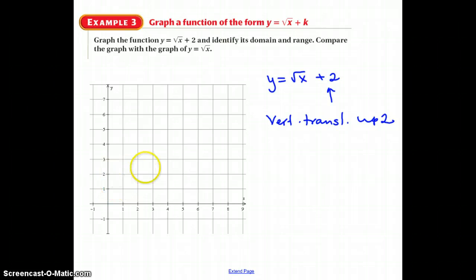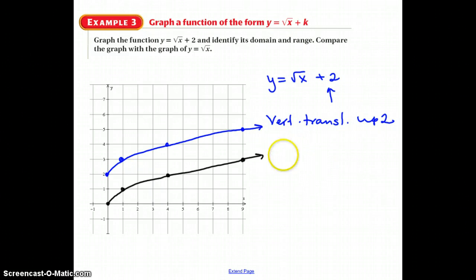So we're going to take our parent graph and we're going to graph it. And then we're going to translate all our points up 2. So all we have to do is take this point, move it up 2. We're going to take this point, move it up 2. Take this point, move it up 2 blocks, take this point, move it up 2, and that's all we have to do. So then our new graph is going to look like this,